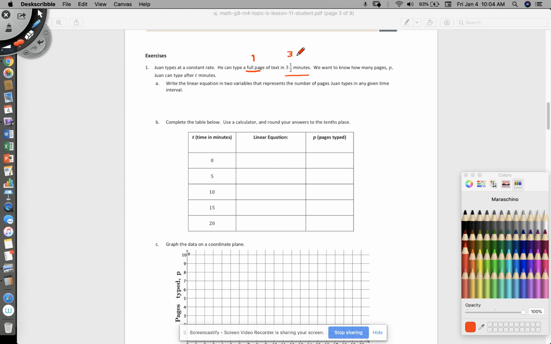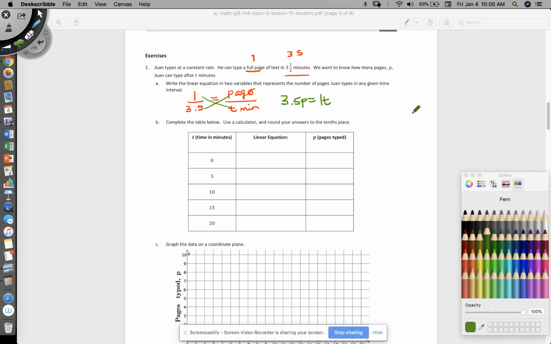And I'm going to go ahead and transfer that to a decimal for right now. So this is 1 over 3.5. Now, I want to know how many pages can he do in t minutes time. All right. So just like we did before, we're going to cross multiply. 3.5 times p is going to give me 3.5p. And then this is going to be 1 times t, which we're just going to say is 1t for